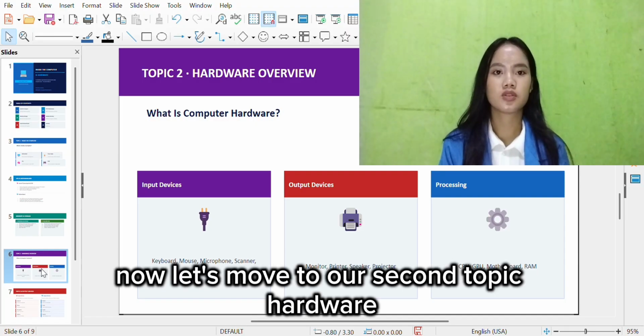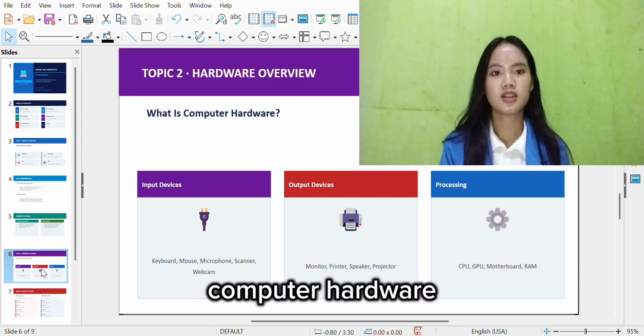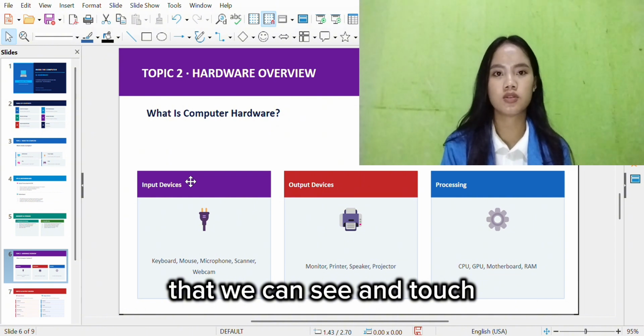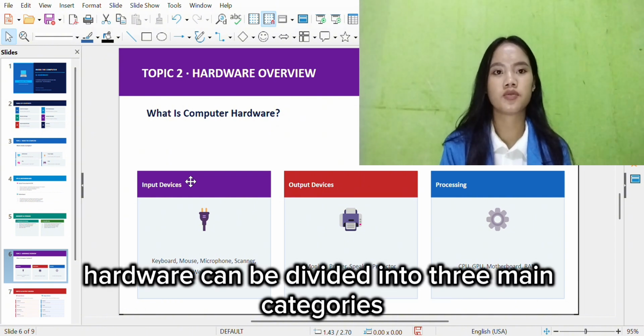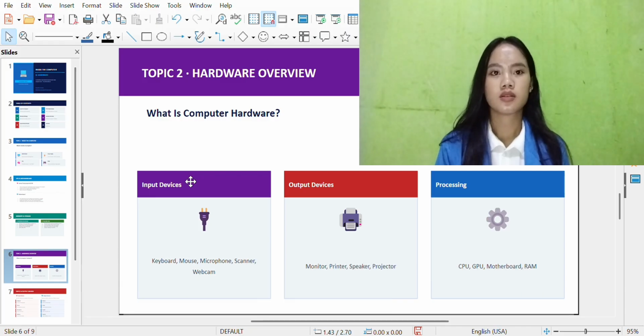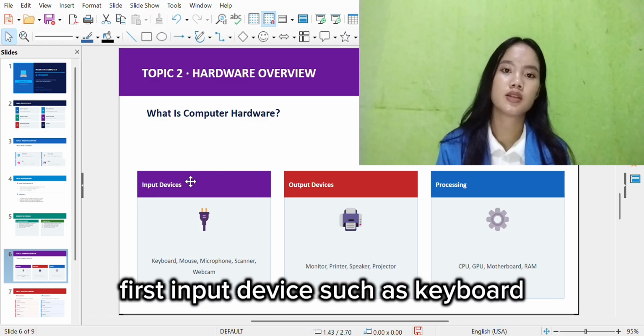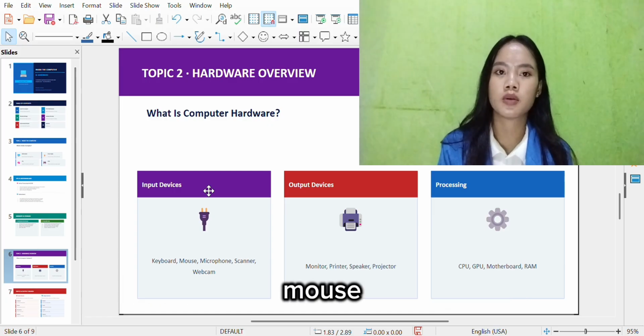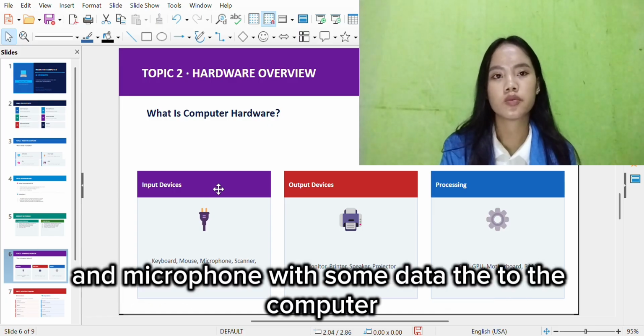Now let's move to our second topic, hardware. Computer hardware refers to all the physical parts of a computer that we can see and touch. Hardware can be divided into three main categories: first, input devices, such as keyboard, mouse, and microphone, which send data to the computer.